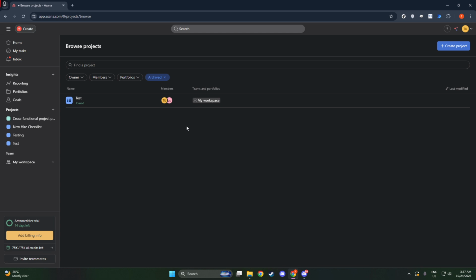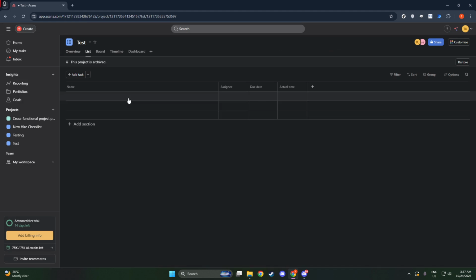And there you have it, a straightforward way to bring past inspirations and lessons back into the spotlight in your Asana interface. I hope this tutorial has been helpful for you and that you feel more empowered to navigate Asana